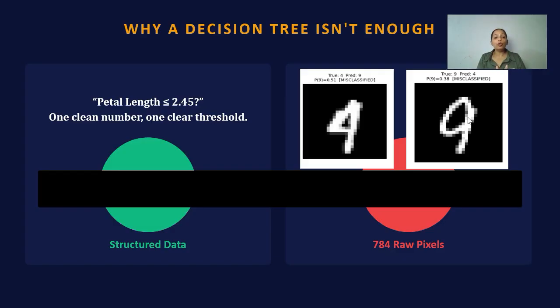What yes or no question could you possibly write? How many yes/no questions could you possibly write? We could say pixel number 400 is dark or light, but a machine learning algorithm tells you almost nothing from that on its own. The pattern that makes a 4 isn't in a single pixel, but in hundreds of pixels relating to each other at once. This is exactly the kind of problem decision trees and other machine learning algorithms struggle with, and exactly the kind of problem neural networks are built for.